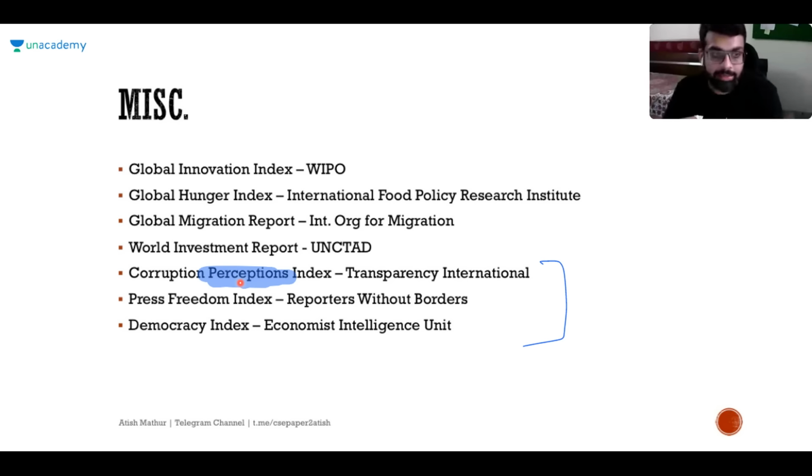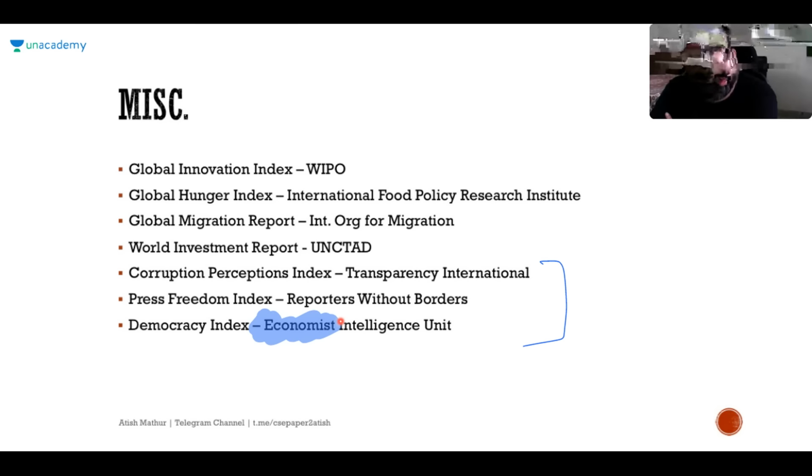Okay, and lastly is Democracy Index. This is by a magazine. You would have heard of a magazine called The Economist. Now they have something called the Economist Intelligence Unit, which is essentially an organization within the magazine which ranks countries, which basically means ranks countries on how free and fair the elections of the country are. India also hasn't performed very well on this for obvious reasons, but Democracy Index is essentially prepared by the Economist